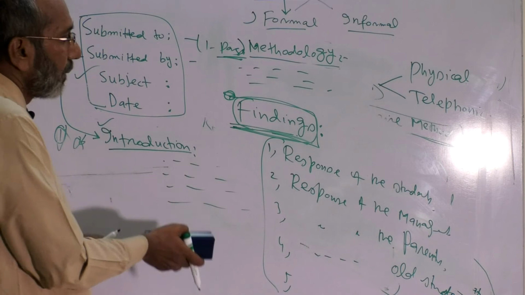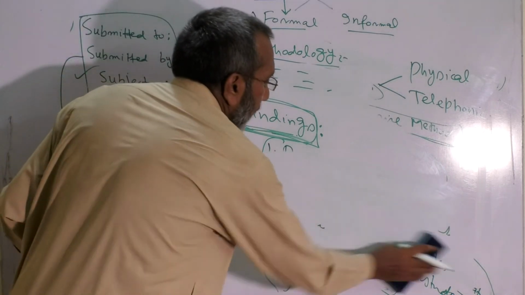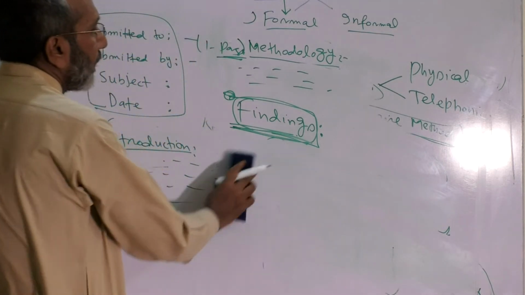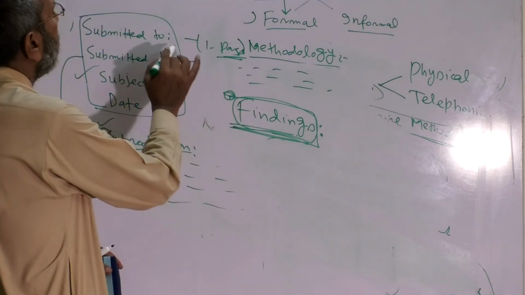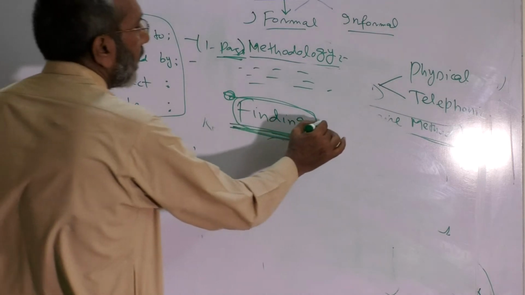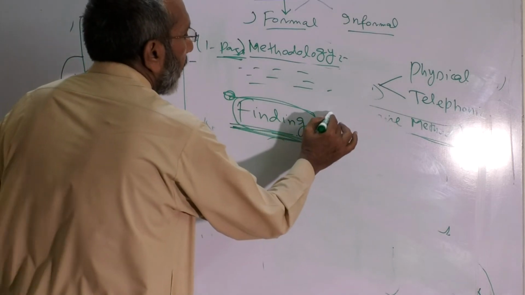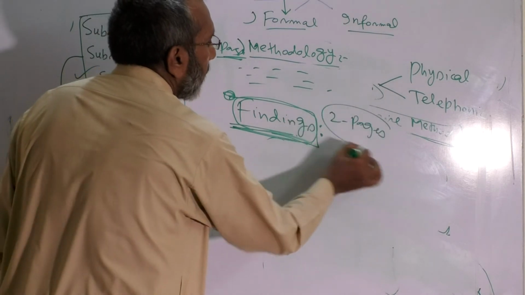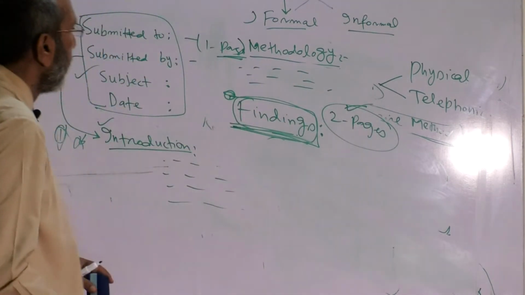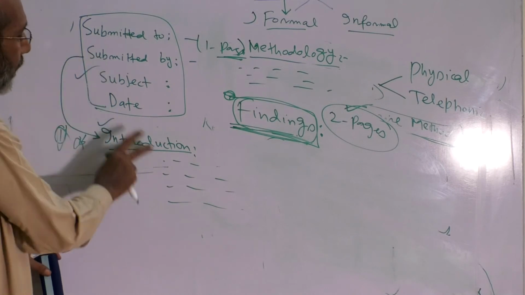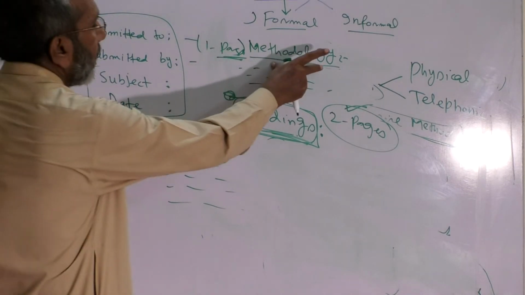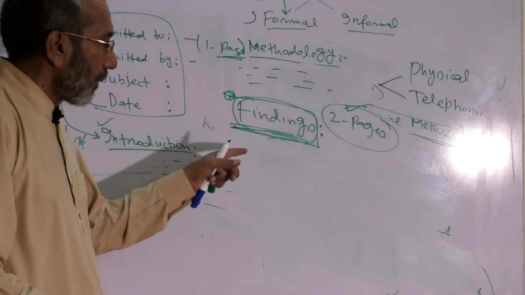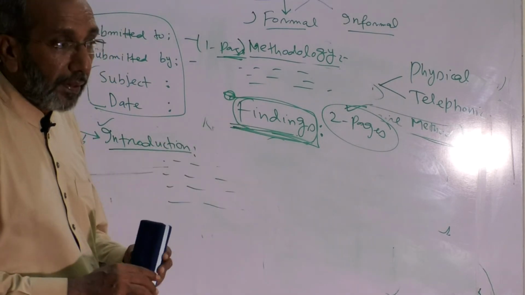The point is, we make headings and then give detail of each. If the report is of 2 to 5 pages, the findings are something like 1.5 or 2 pages, because findings means the report. This is the main thing. One paragraph or so under each heading, and this is the real story. But findings must be written in the present.